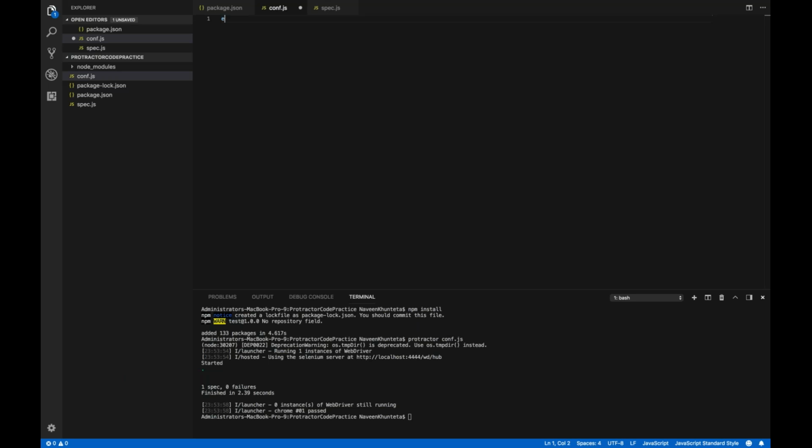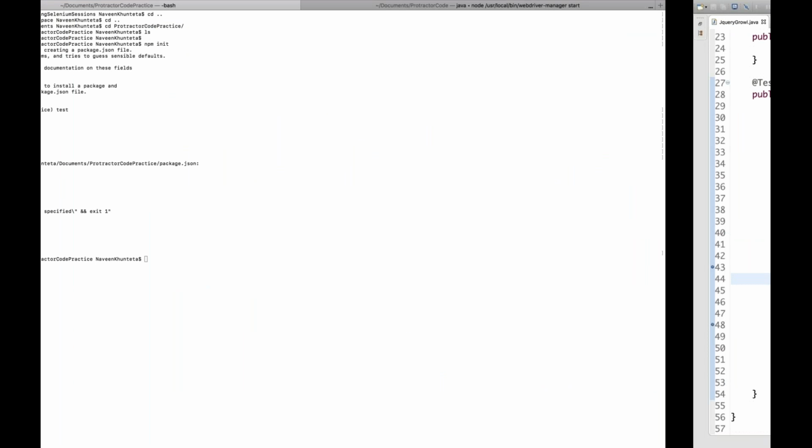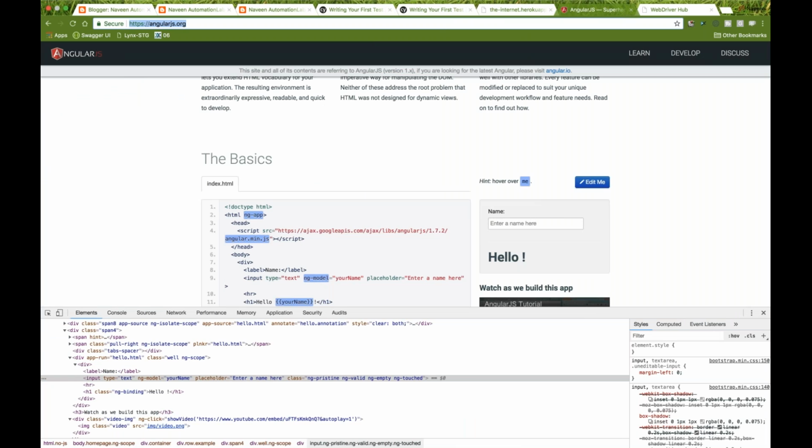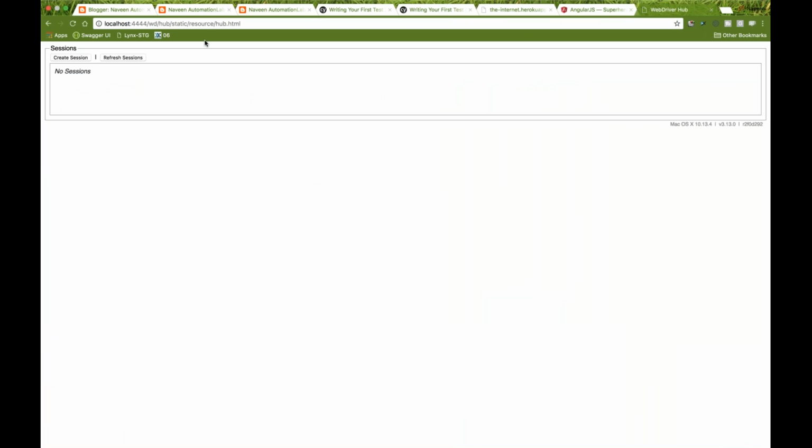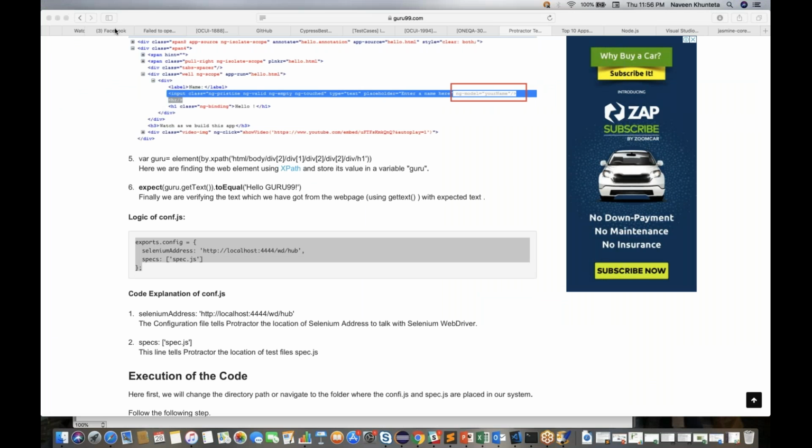So what we have to do, we have to use one keyword, the exports keyword. This is exports.config. We have to start this config like this, and one keyword is there, seleniumAddress. Where exactly your Selenium address is running. My Selenium address is running on my localhost, so I'll check where exactly my localhost is. It's here. So we have to give it till here, wd hub, copy this,